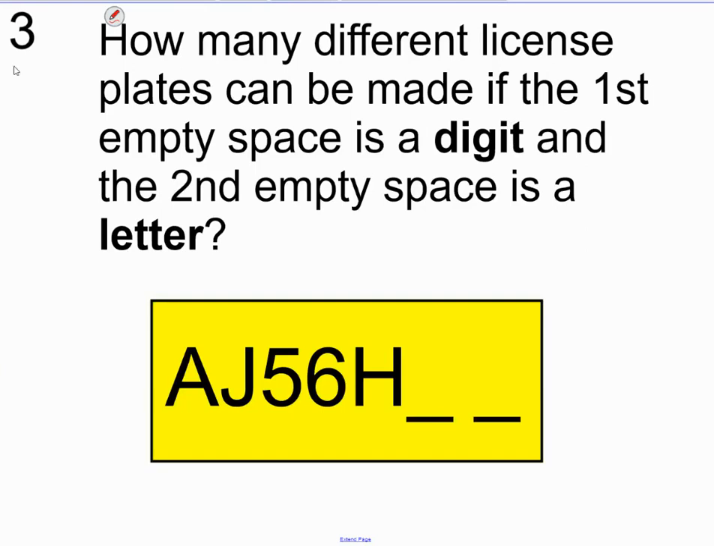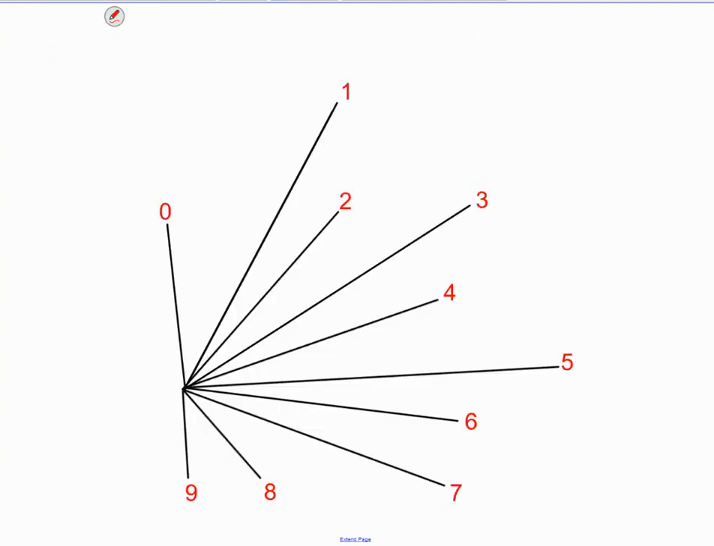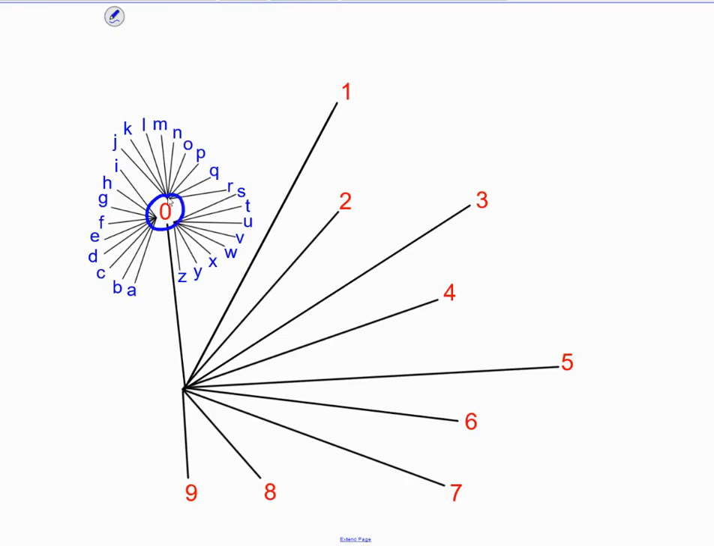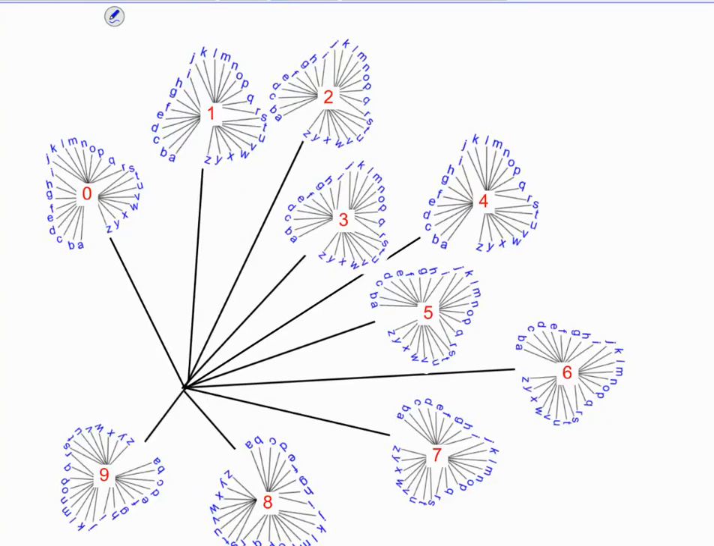Number 3 is another license plate problem. The first slot is a digit and the second is a letter. See if you can answer that. We're going to build a tree diagram. It's a lot like the last one. So the first part has 10 branches, 0 through 9. Then off each branch are 26 more branches. It would look like this. You can see that that's something that we really don't want to build. We want to use the fundamental counting principle, and there are 260 end branches here, and that's the answer to